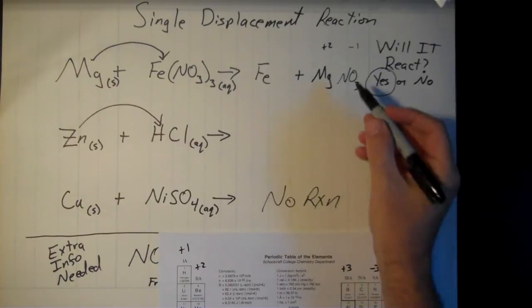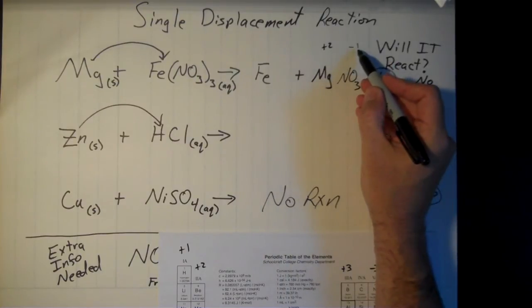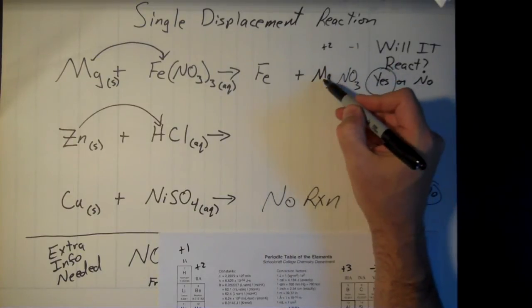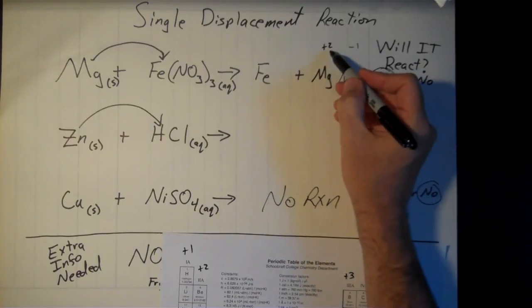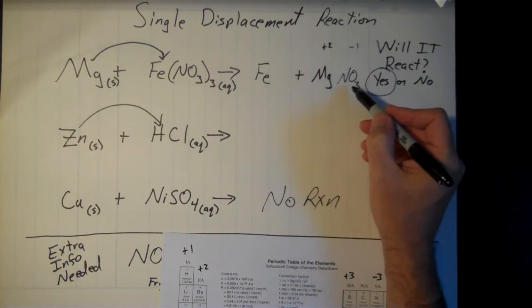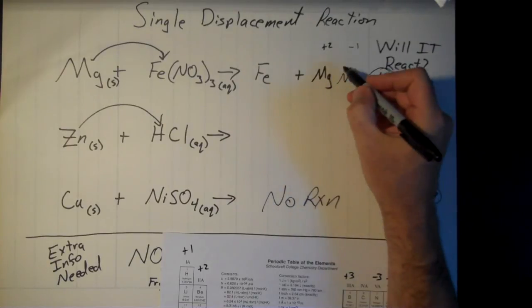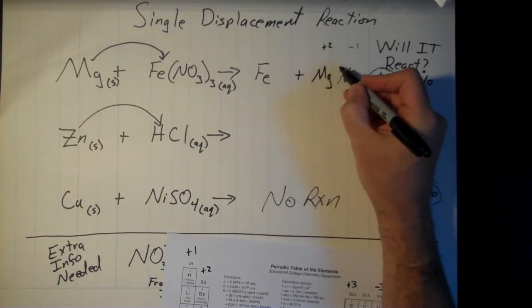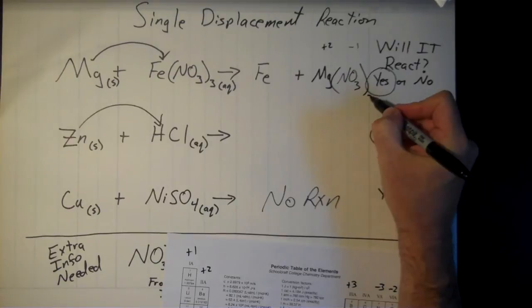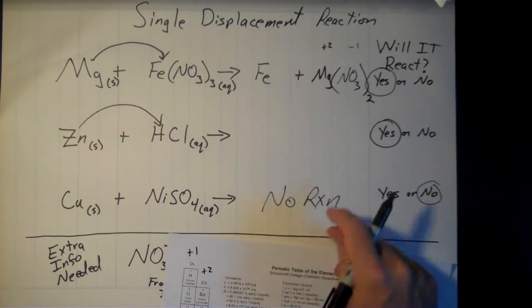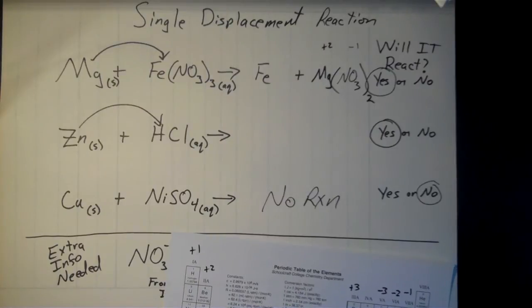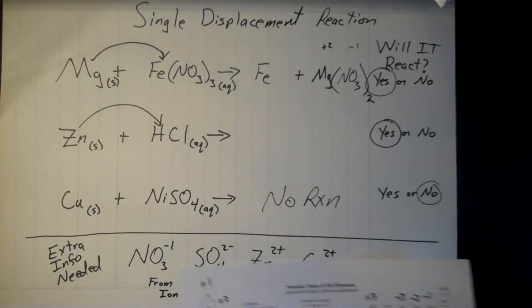The quick way of doing this is by that crisscross trick I've showed you in other videos here. We're going to bring the 1 over here. That's how many magnesiums I need. We don't need the negative sign, just the 1, and the 2 on the +2 there for magnesium, that's how many nitrates that I need. Since I need 2 nitrates, I'm going to put that inside a parentheses and put a subscript 2 outside of that. So Mg(NO3)2. Sorry, I got over into the will it react part there a little bit.